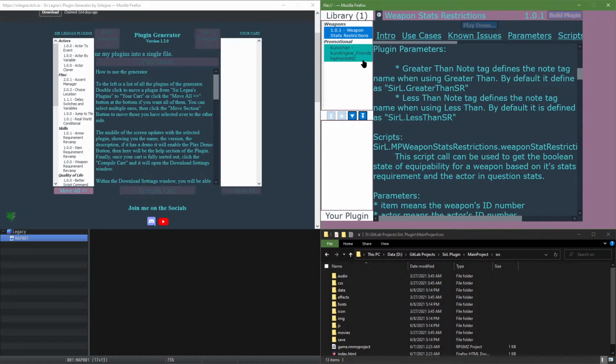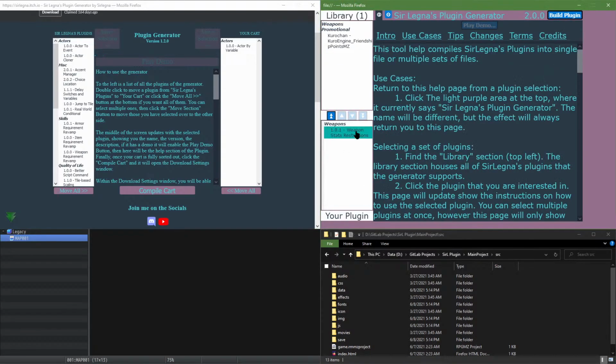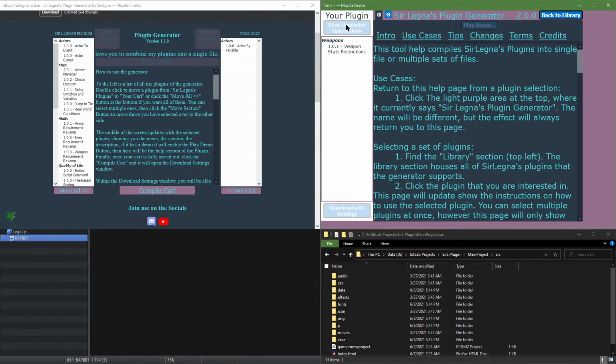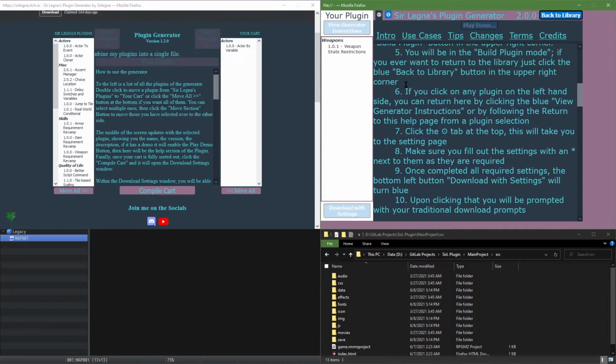And then when you're finally done, unlike in the previous one where you had to move it from left to right, this is top to bottom. So when you're done, you can just pop it there, double click it, or whatever, and boom. Then when you're ready to build a plugin, you click the build plugin button right up here. It takes you to the build plugin, which allows you to still view all the plugins, view the overarching one, which I haven't coded up yet, but